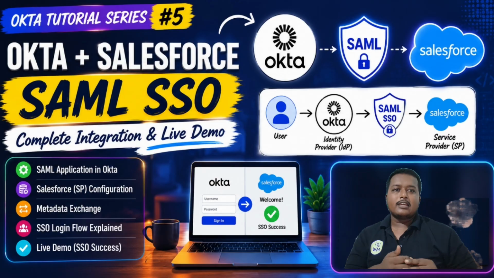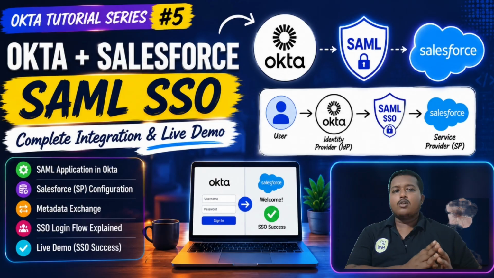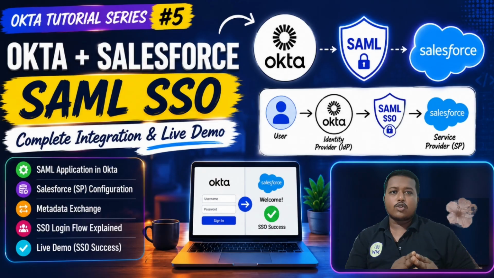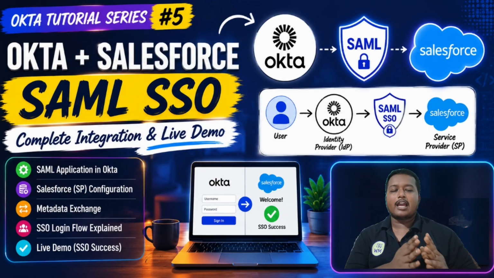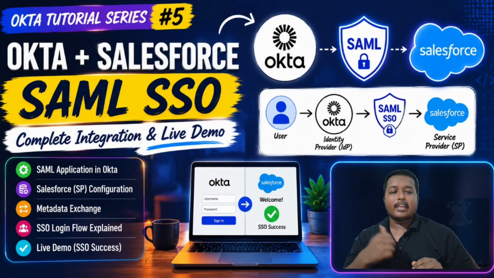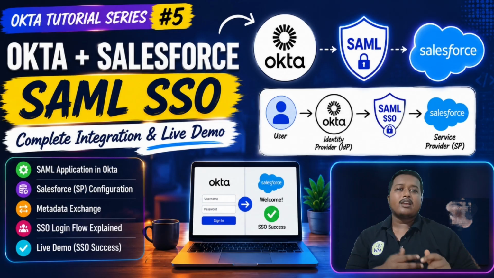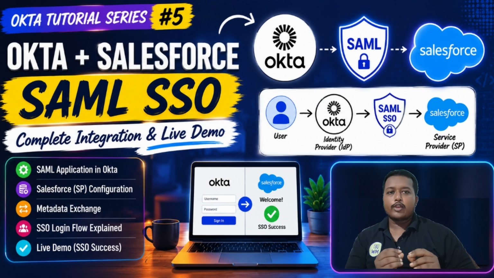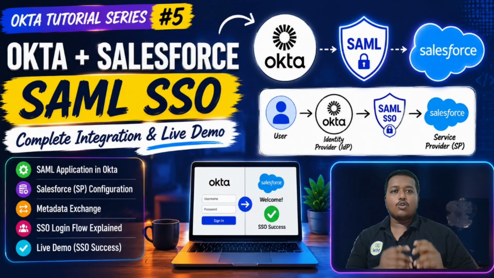Then you will ask, what is the difference between both videos? In the previous video we did integration using the OIDC protocol, but in this video we are going to use the SAML protocol. So after watching this video you will have a brief idea of how you can configure SAML applications in both the identity provider as well as the service provider. What is the ACS URL, the issuer, how you can upload a certificate and all that, we are going to cover here. So be with me, and let's start.